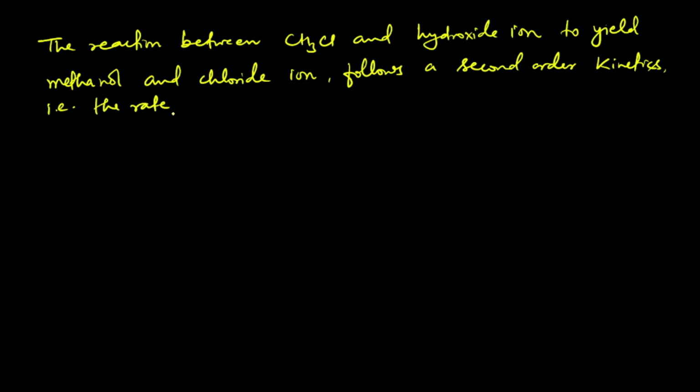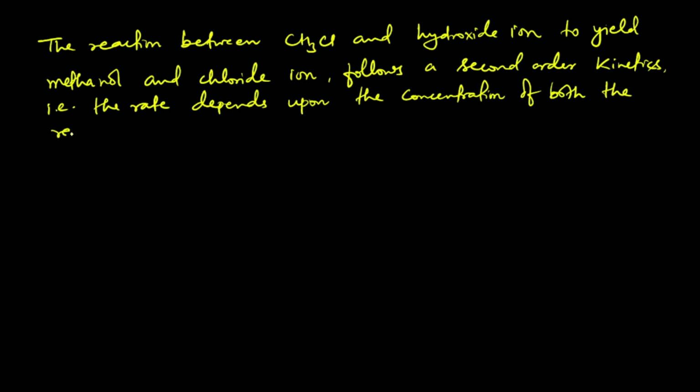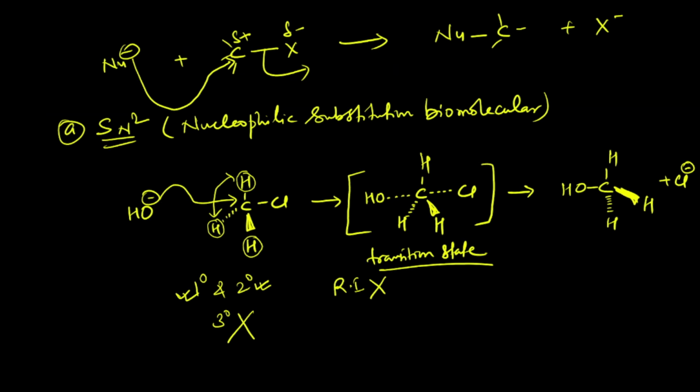second order kinetics, that is the rate depends upon the concentration of both the reactants. How is it depending on both the reactants? See, OH is attacking, Cl is going away, so it is depending on both the reactants,